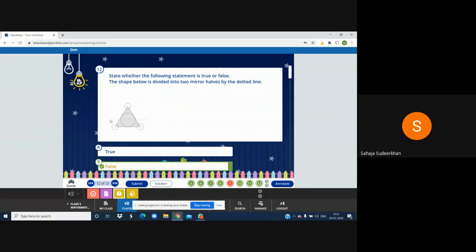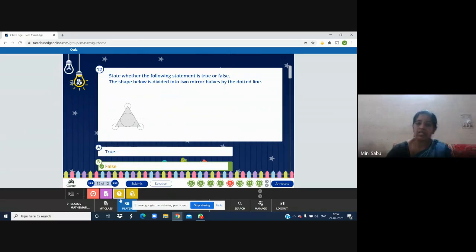Yes, all the lines are lines of symmetry. So we have done 12 questions about lines of symmetry, and we watched one video of making rangoli. I hope you will try rangoli, and we have done some examples through the video also. Remember, children, the lines of symmetry of a rectangle, how many are there? They are 2, and diagonals are not lines of symmetry for a rectangle. That you have to keep in your mind.